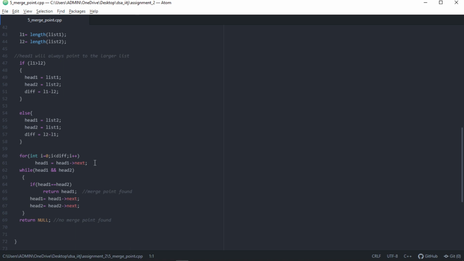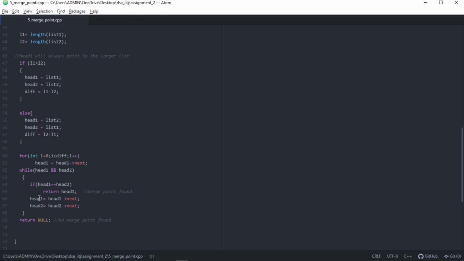Here, as we have seen in the explanation, first of all we'll move forward the head 1 pointer by the difference value. Then, until we reach the end of both linked lists, in each step we'll move forward head 1 and head 2 by one step until we find the merge point. If head 1 and head 2 are equal, then we have found the merge point and we'll return from here.